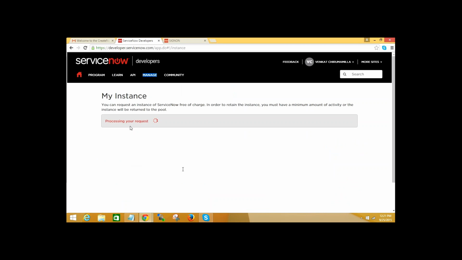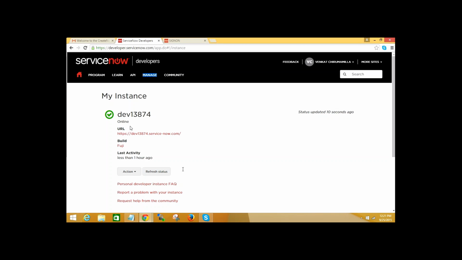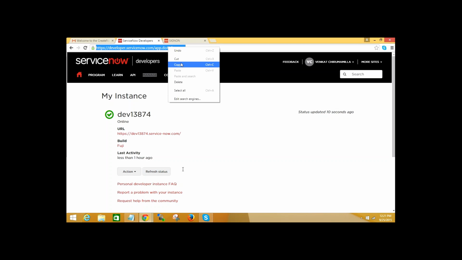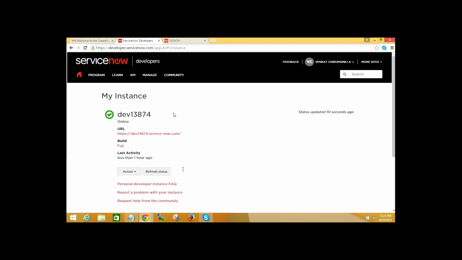Hope the rest of them saved their URL and user ID password. So copy and save this URL. Not that one, not that one. Here, not that one, Venkat.